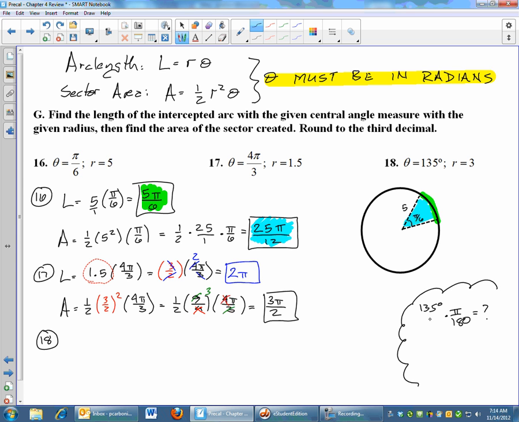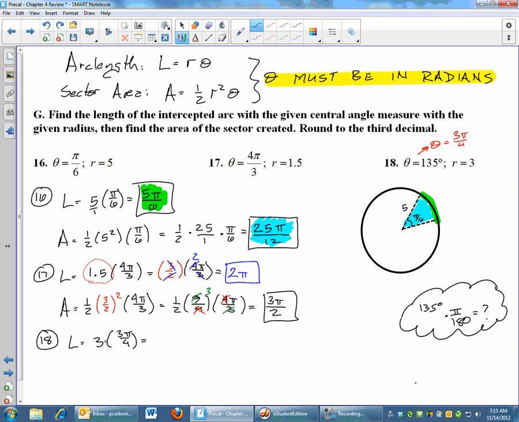Or you could think about your unit circle, because 135 degrees is an angle on the unit circle, and if you know your unit circle, then you also know that 135 degrees is the same thing as 3 pi over 4 radians. So rather than do the multiplication, I'm just going to think about my unit circle, and I know that 135 degrees is 3 pi over 4 radians. All right, so number 18, when I do my arc length, it's my radius, which is 3, times my angle measure, which is 3 pi over 4,